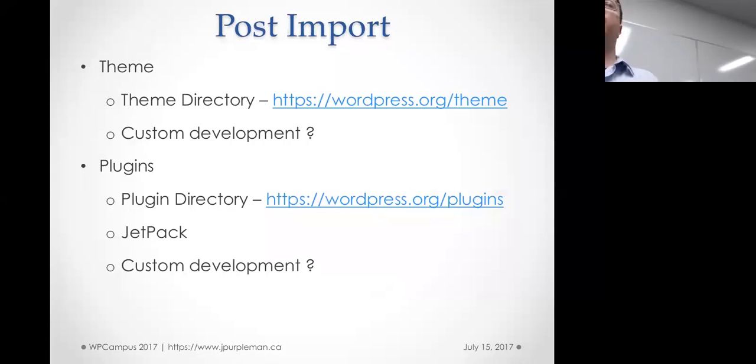But here's the thing, as I was saying, all you're going to get is from the media gallery, and you're getting the download from the exporter. Therefore, you have to pick a theme, ideally from the theme repository. You might get the same theme that you had at WordPress.com. Same thing for plugins. You're going to have to go to the plugin directory to get those plugins,